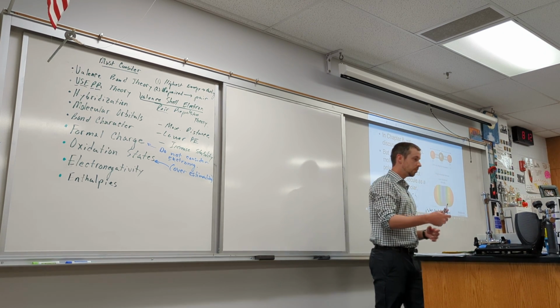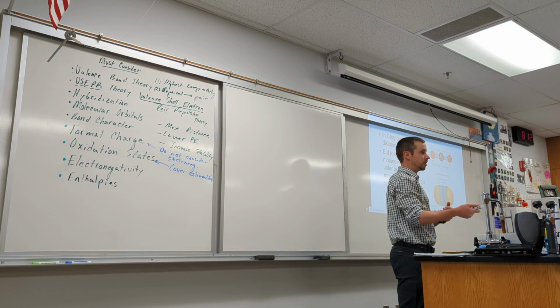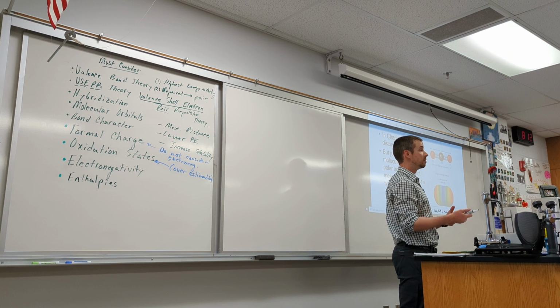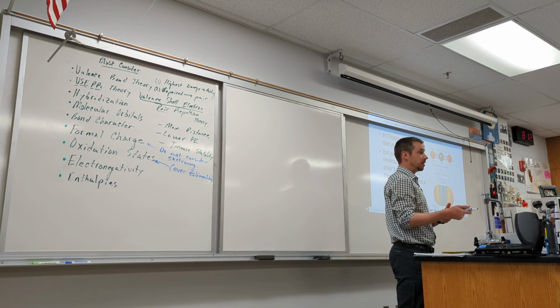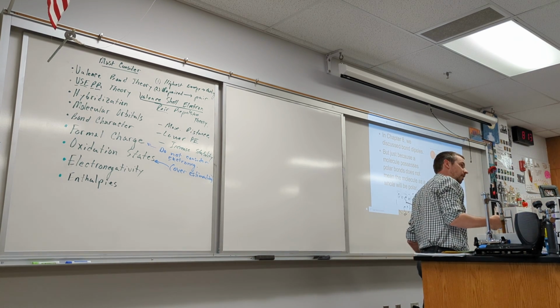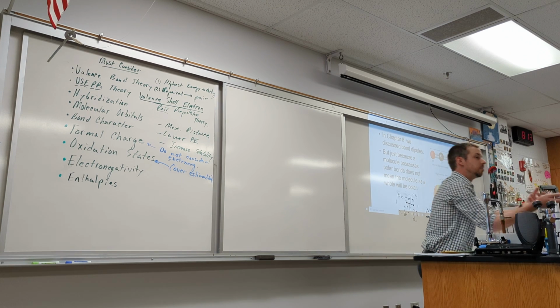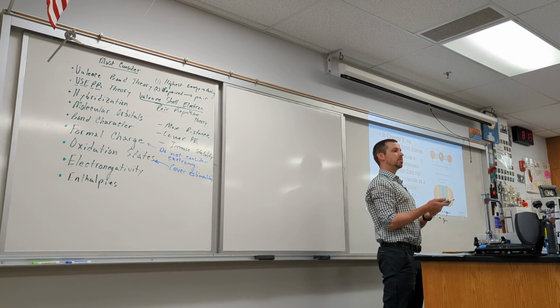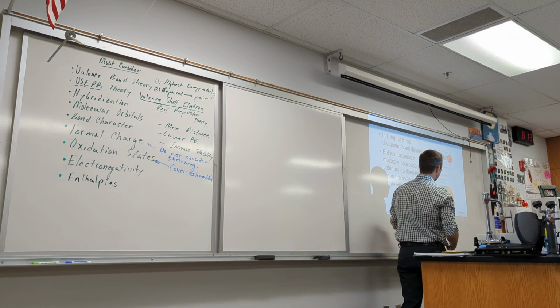So think of it again as a tug of war. If I give Rachel one end of the rope and we're constantly kind of doing this, right? There are little fluctuations that are occurring. You can never stop those. That would be absolute zero, like Kelvin, when you stop these fluctuations. So there's movement. If it's a polar situation, Rachel pulls really hard. Oh man, I have to shift all of my density towards her. But notice my back foot is still there. I still have hold of the rope. I haven't let go of the rope entirely. Non-polar would be like, okay, I pull back, and now we're both standing up, and we're both just shaking like this, right? Okay, so that's equal and unequal sharing.